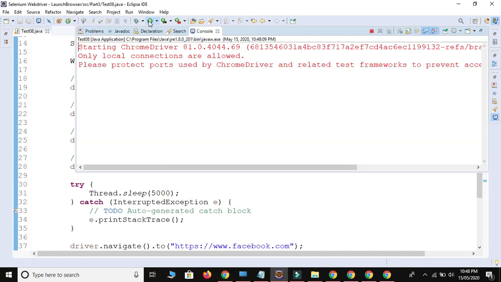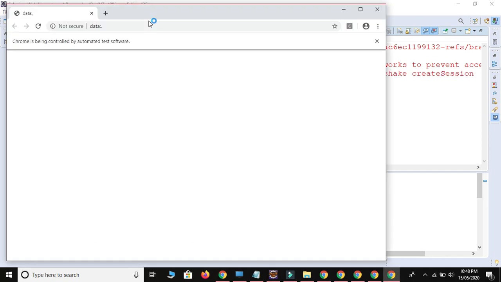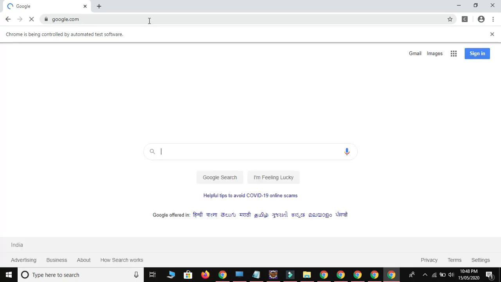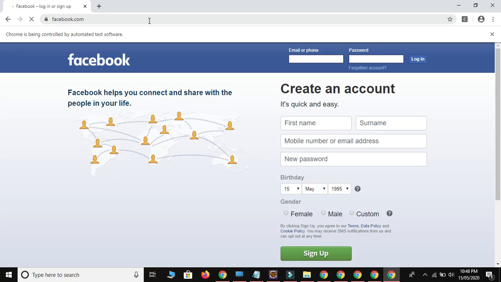So it will launch Google by using get method, and then it will launch Facebook by using navigate.to method. Google, then it will launch Facebook, and then close the browser. See guys, Facebook is launching right now, and it will close the browser.